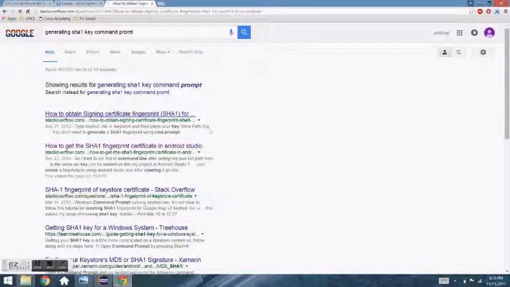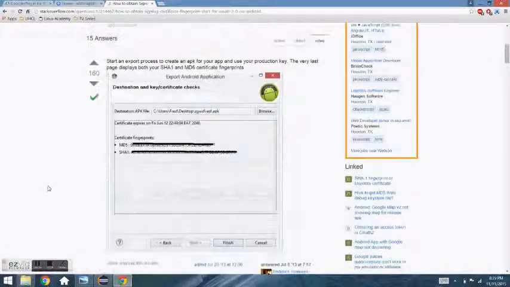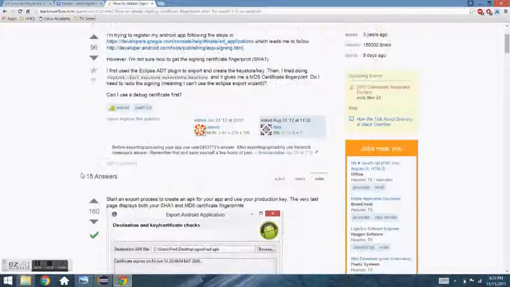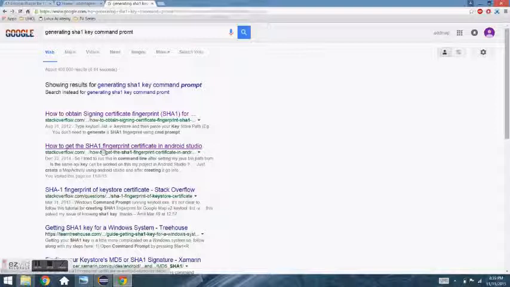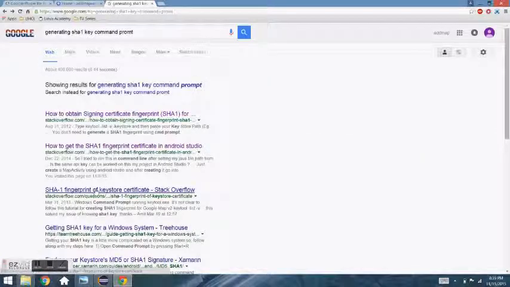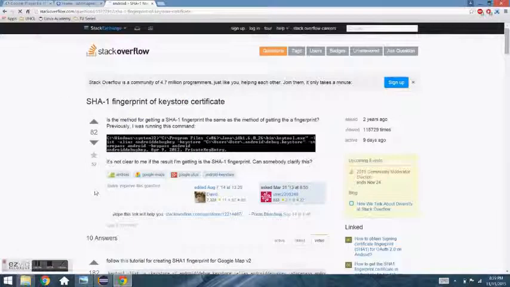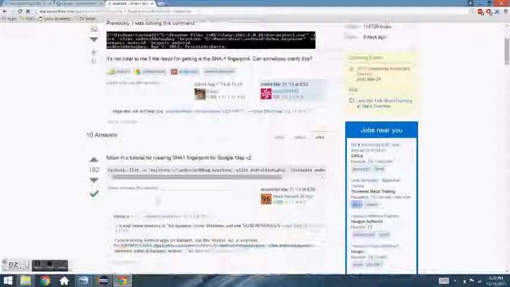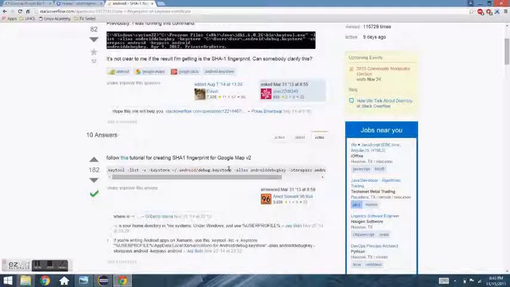Signing certificate fingerprint, you can use any link. So this is how it is created. So this is how we open up the command prompt, and we can see the command they are using here: